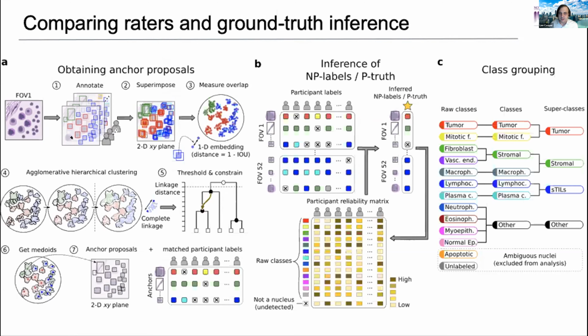So we created this clustering algorithm that allows us to generate a type of ground truth from our pathologists. We also use an EM algorithm to estimate a single ground truth from pathologists that we can use to evaluate performance. This essentially weights pathologists by class to figure out who's good at what, who's more sensitive, for example, with tumor cells, and who's more sensitive with stromal cells, or vice versa.